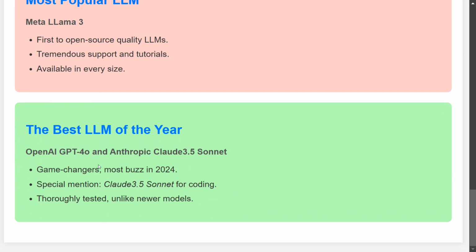The new models haven't been thoroughly tested, and I think this is also very important. All the new models might be breaking the benchmarks, but they haven't been used as frequently as GPT-4o and Claude 3.5 Sonnet. So I think the best LLM of the year should go to OpenAI GPT-4o and Anthropic Claude 3.5 Sonnet.